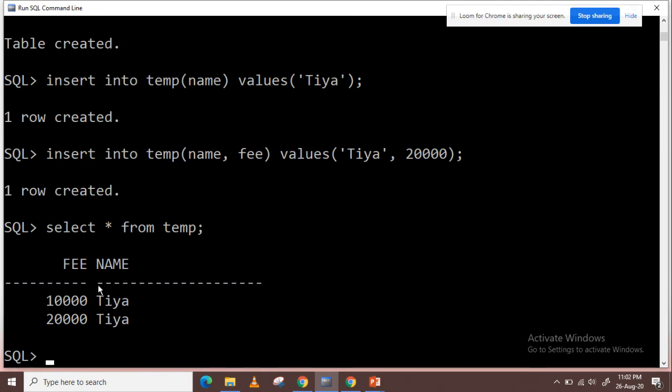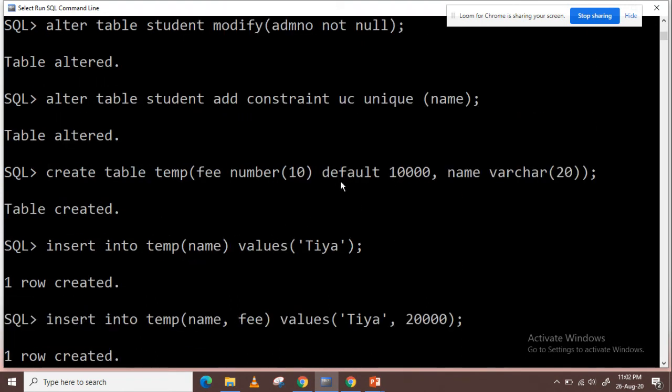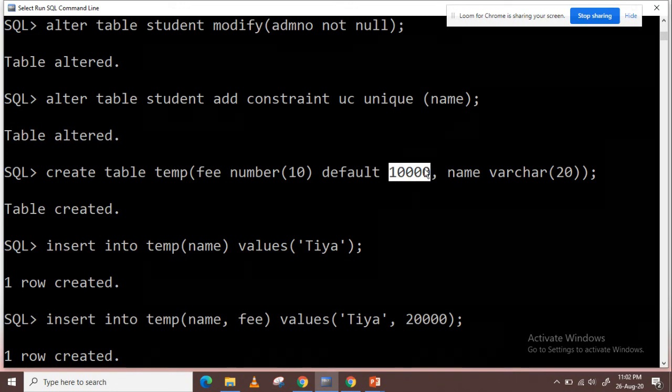Here I have not provided the value for the first row, so it is filled with the default entry that we have defined using this. So create table temp and default is 10,000.